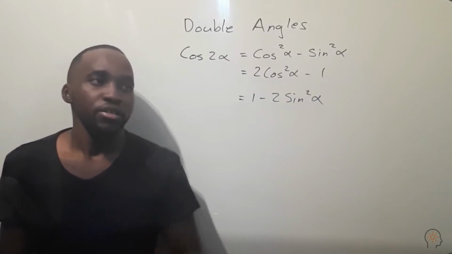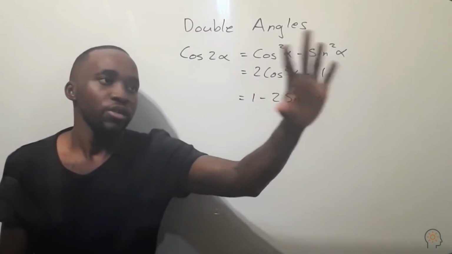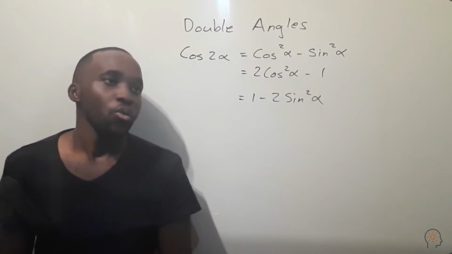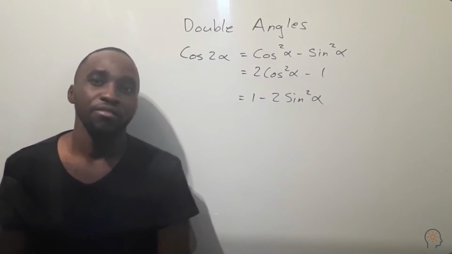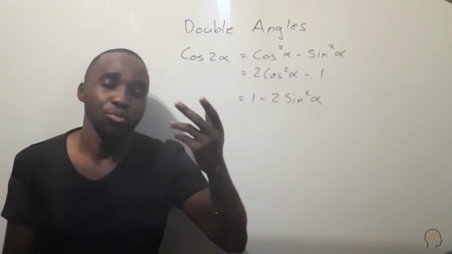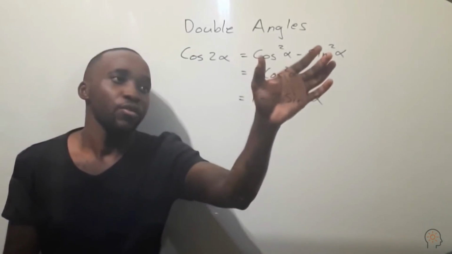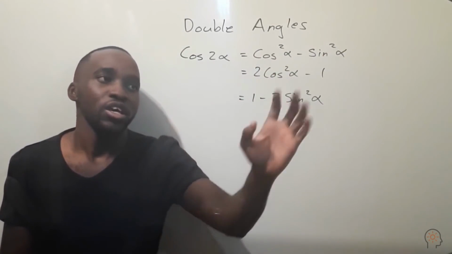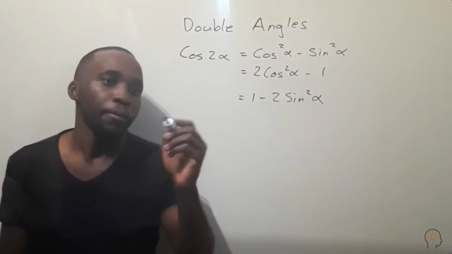So we mentioned that for our double angle for cos, we have three tiny formulas, right? The one other issue that we also want to clarify is that you don't want to think of these as three formulas that are standalone. This is actually your main formula for your double angle for cos. These two come from